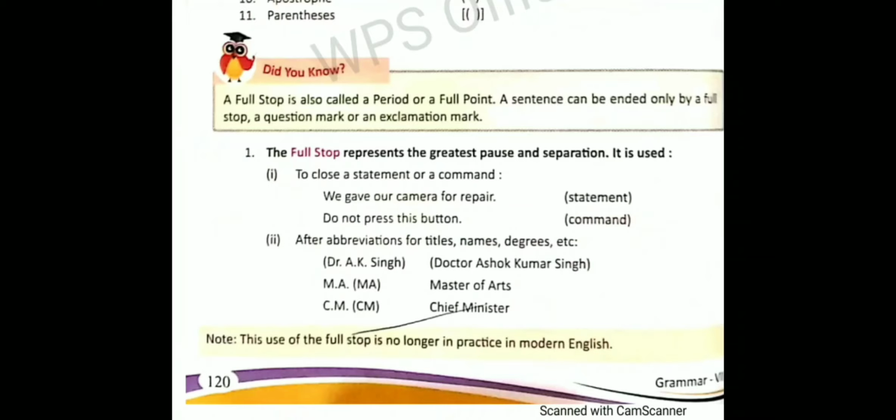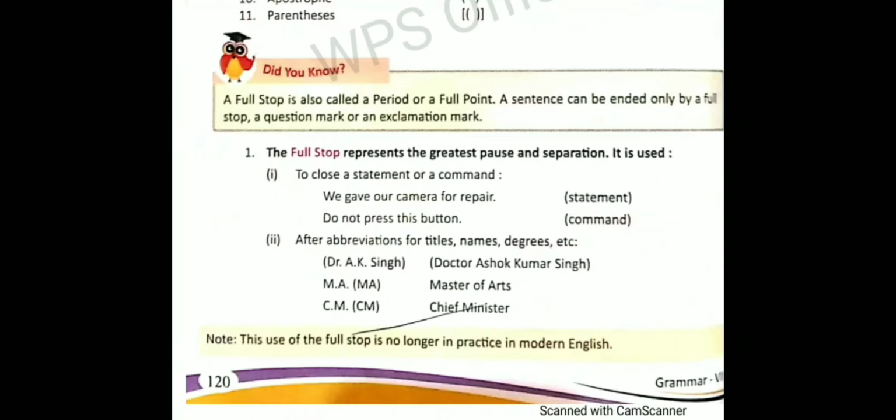It is used to close a statement or a command. The first use is to close a statement or a command. The example has been given over here. The first one is the statement, and the second one is a command.